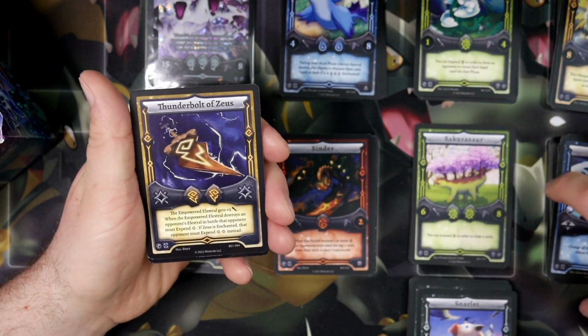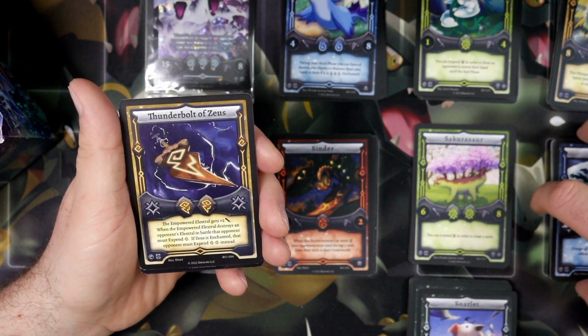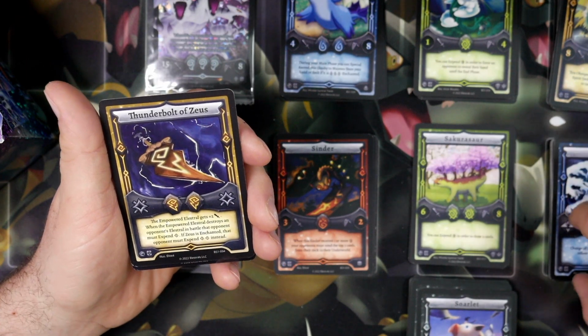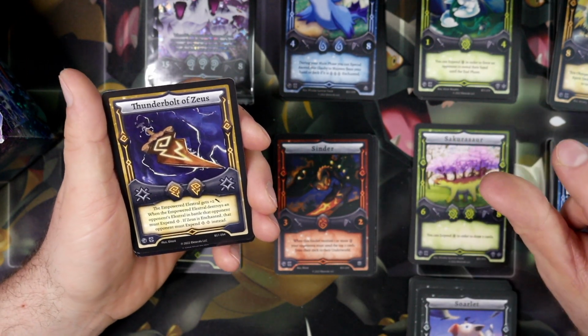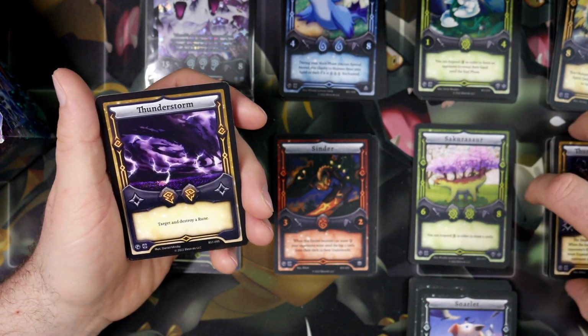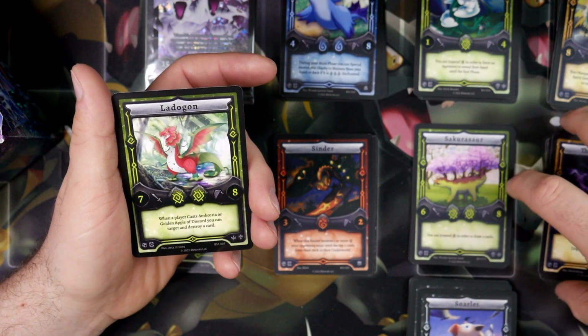Thunderbolt of Zeus. The empowered Elestral gets +2 attack, and then when it destroys an opponent. Let me read that right, guys. I'm sorry. Destroys an opponent's Elestral, your opponent must expend 1. If the Divine Rune Zeus is on the field, they expend 2. Thunderstorm costs you 2. You're going to target and destroy a rune, and then Lodagon, this is going to be